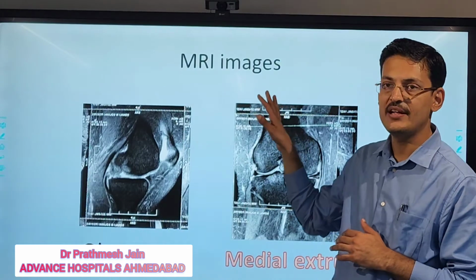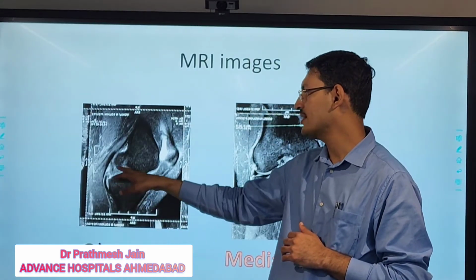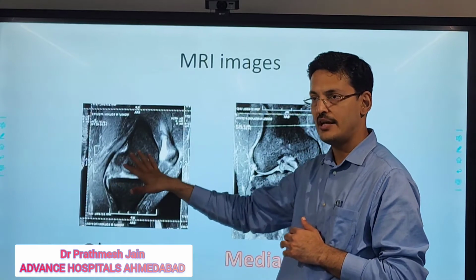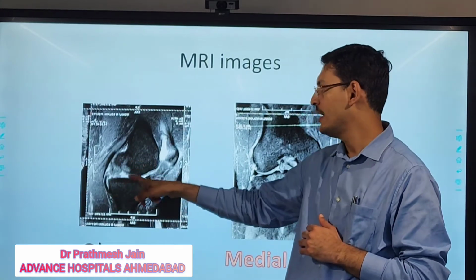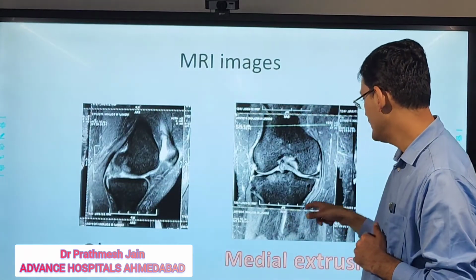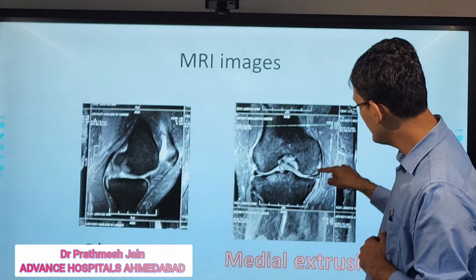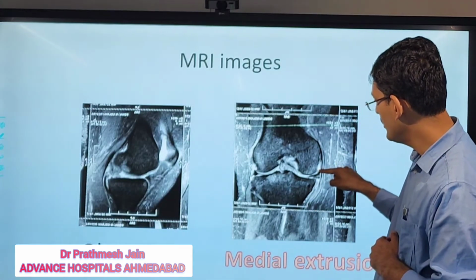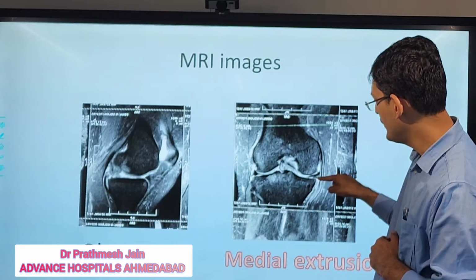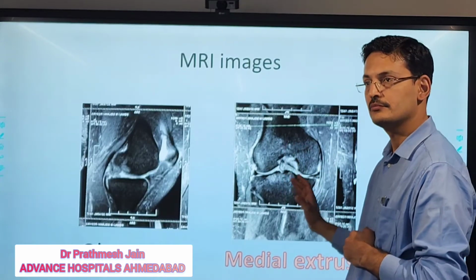Now, these MRI findings are very important. This is called the ghost sign. This is the region where the meniscus should be there, but it is not there now. So this is called the ghost sign, and this is the most posterior image. So you have to see the posterior one here. This is what extrusion is called. So normally, if you link the upper part of the femur with the lower part of the tibia, this meniscus should lie in it.